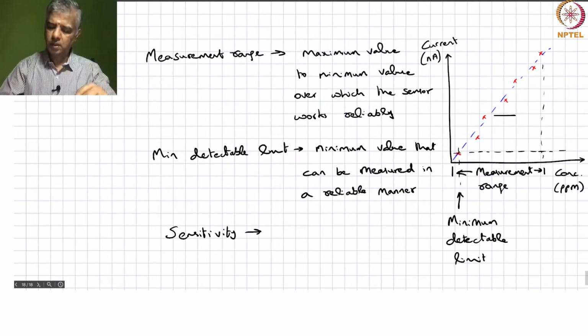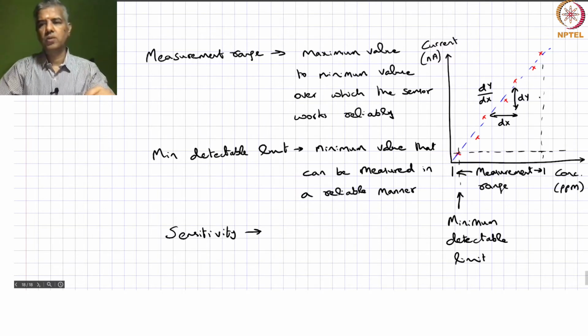So for a certain change in concentration, what is the corresponding change in current that you get? Okay, so it's basically the slope of this line over here, so basically dy over dx. Okay, where dx corresponds to this one and dy corresponds to the change in this. Okay, so